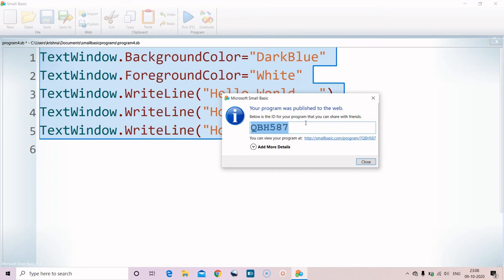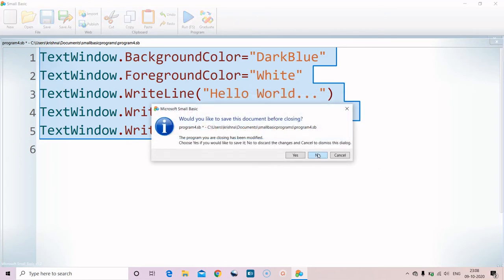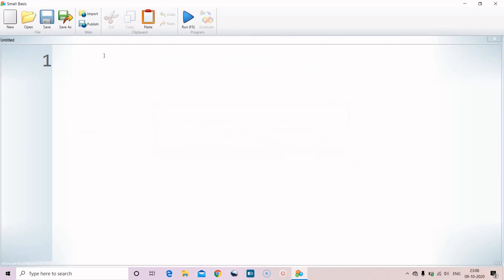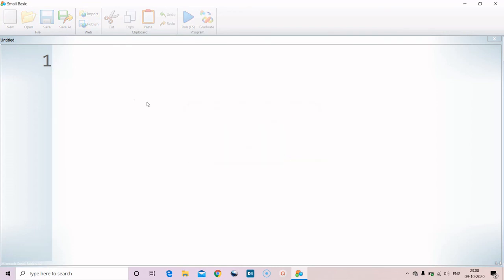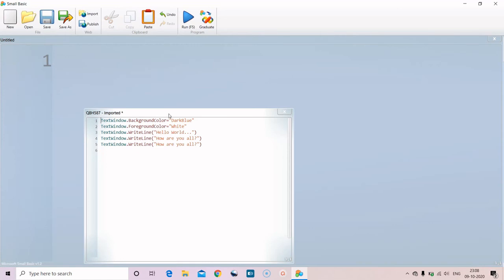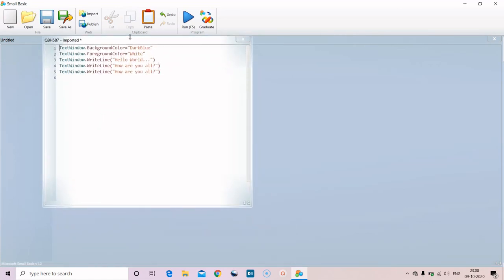So let us save this code and close it, and let us also close this window. Suppose now we are trying to access it. Click on the import button, give this code and say OK. Now this program is getting loaded from the Small Basic website, not from your desktop or laptop.